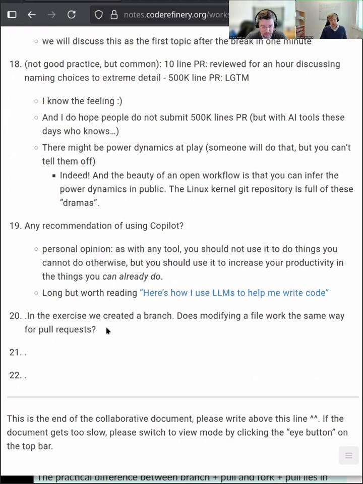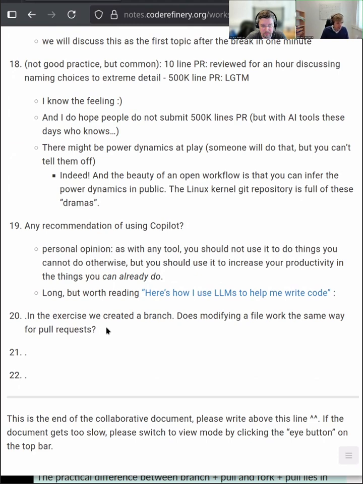Yeah, so if you remember from the lecture, pull requests are always from one branch to another branch. So if you would push something directly from your main branch locally to the main branch on GitHub, or if you just change something directly on GitHub, it is not a pull request. Pull requests always work from one branch to another branch.